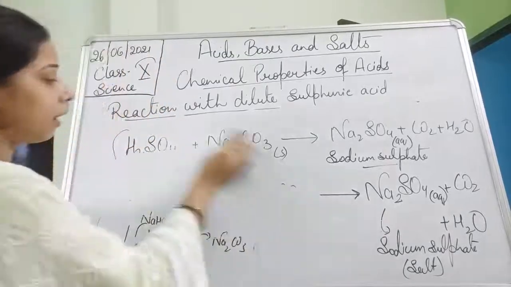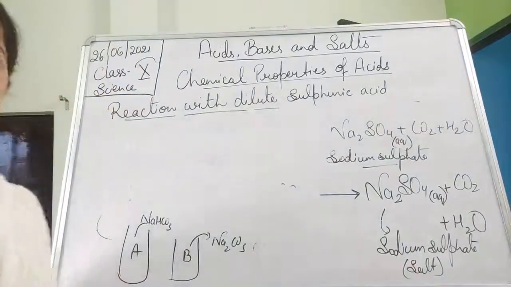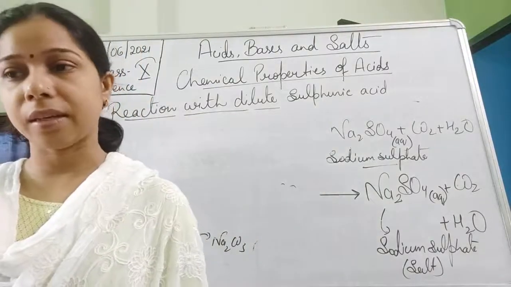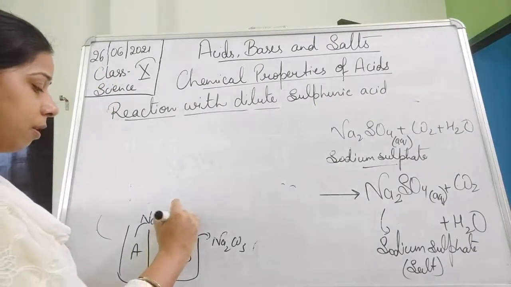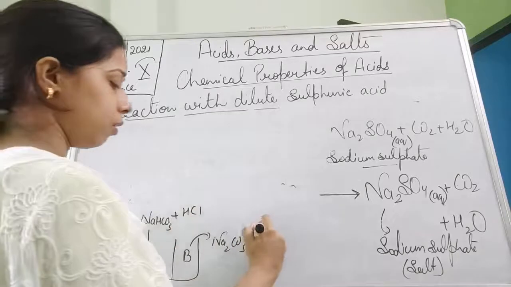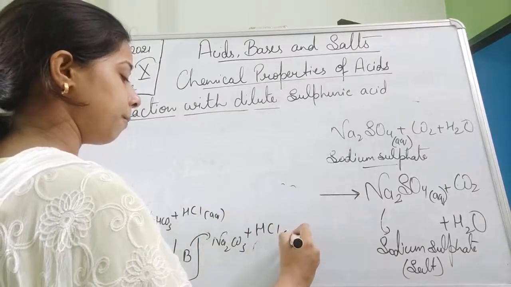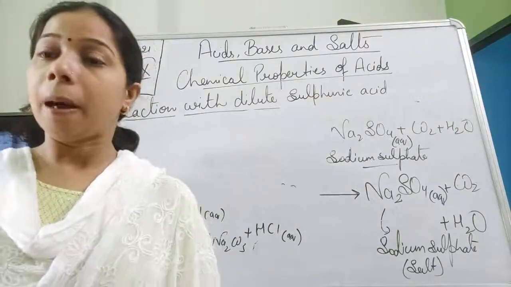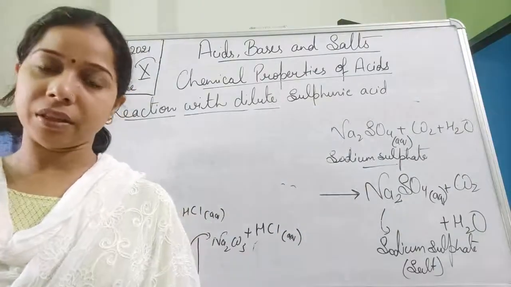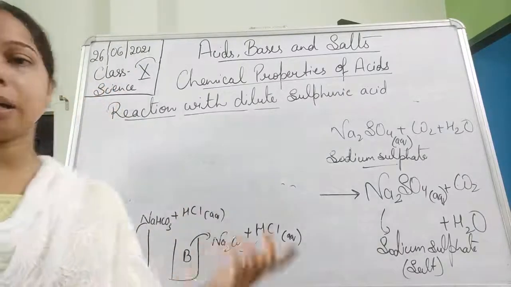Okay, sulfuric acid or hydrochloric acid. Suppose we had added sulfuric acid or hydrochloric acid here, so plus HCl. This one is also plus HCl. This is the aqueous form of HCl. Then what happened? You will find that bubbles start coming out of it. The reaction happened inside the test tube and bubbles start coming out.